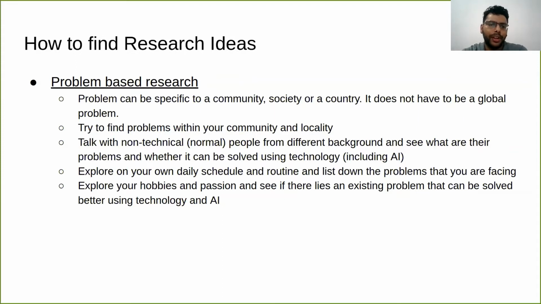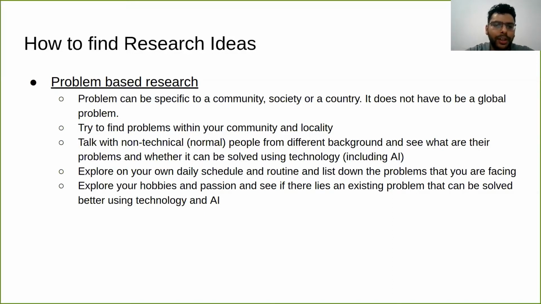But even a similar local problem that you're trying to solve with a few enhancements is also acceptable. In fact, that will have more value when you are applying for some of the competitions. So you can find problems related to your community and society.